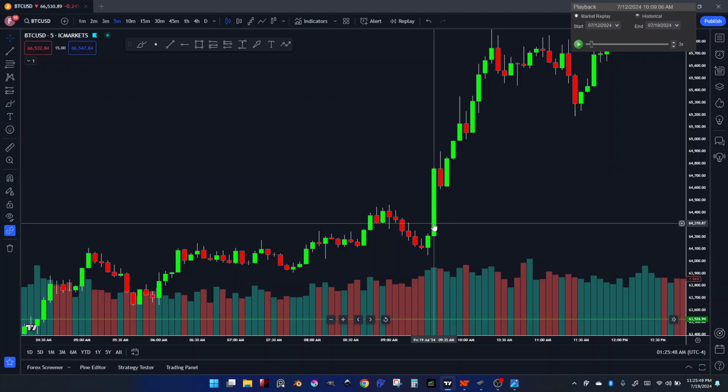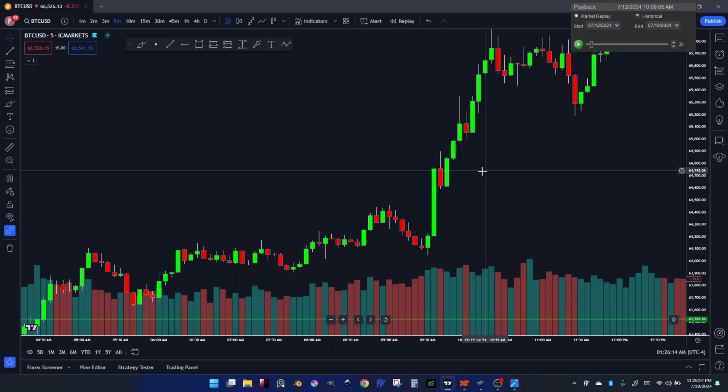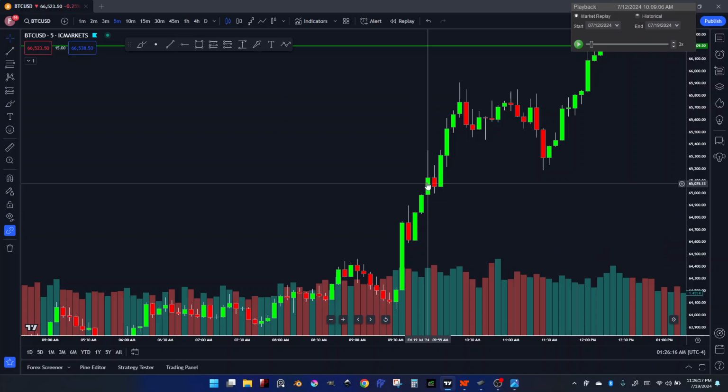So let's say for example some news happened here. Then you get that red candle, and say you didn't want to risk trading the news for slippage or whatever reason, you could wait till after. Once this candle closed and started to rise up again, you could have taken a long entry here. Then you would cover this low wick area here, because out of the two candles, that is your lowest point. Carry it up, keep your stop below there, and you could have held this all the way up to here,